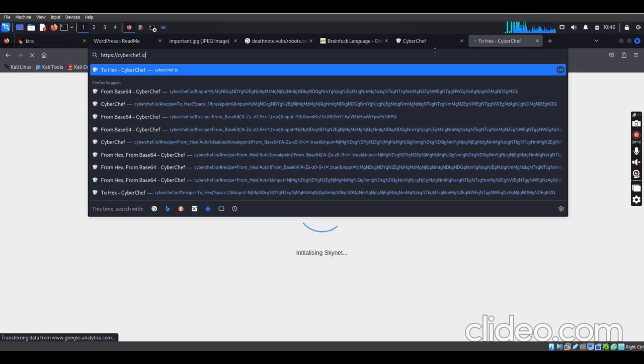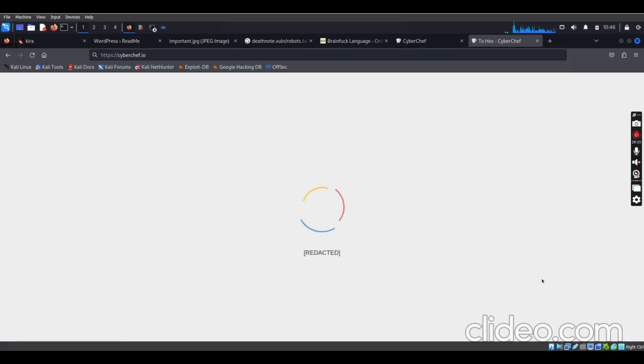So let's hold while it opens up. Then we are able to decode our encryption.